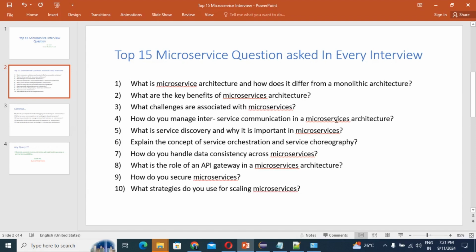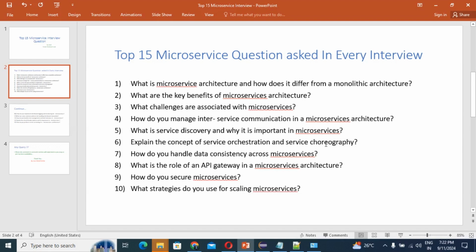This is also done with the help of the API gateway. The next point is rate limiting and caching. What are rate limiting and caching? This also comes under the API gateway. It controls traffic and improves performance by caching responses with the help of the API gateway in microservices. These are all the things we can do with the help of an API gateway. That is the role of the API gateway. You can perform so many operations, right?